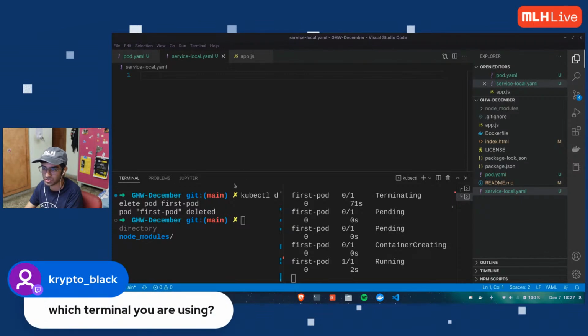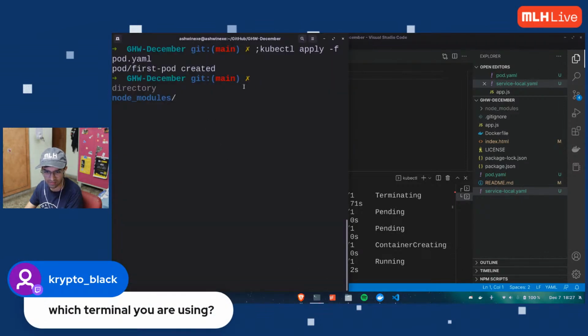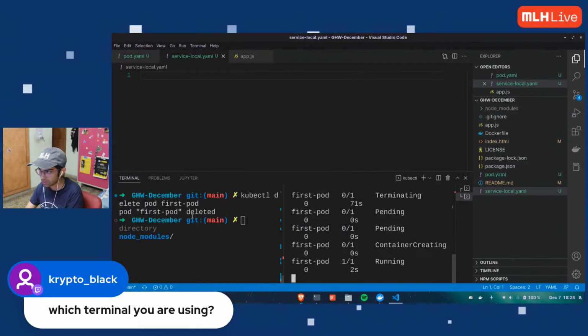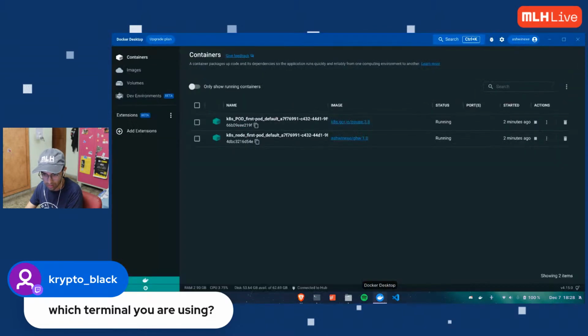Which terminal am I using? This is the native terminal. This is ZSH, and I have code auto completion on top of it. If I write git, you can see it's auto completing for me. If I do a slash, it will complete stuff for me and things like that. So code auto completion, and yeah, these two things. This is also ZSH. Awesome.